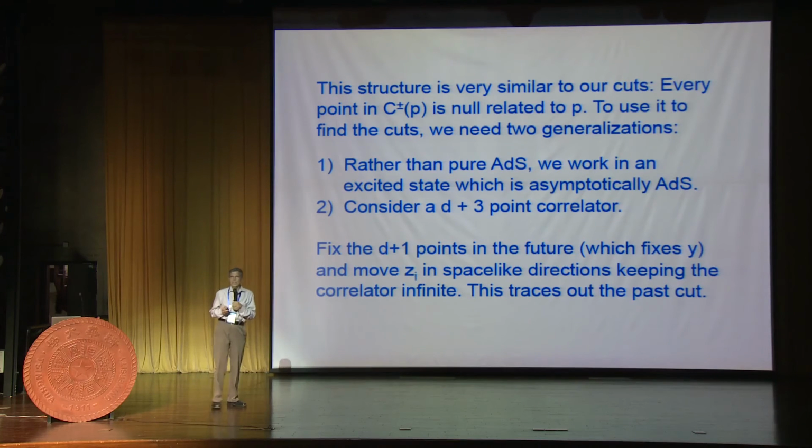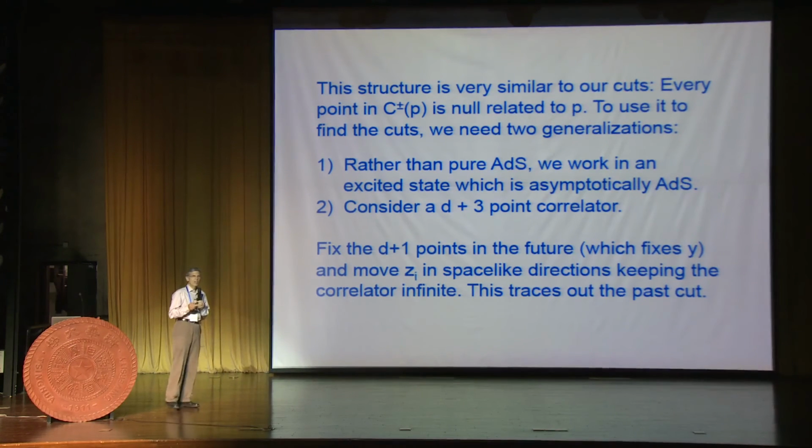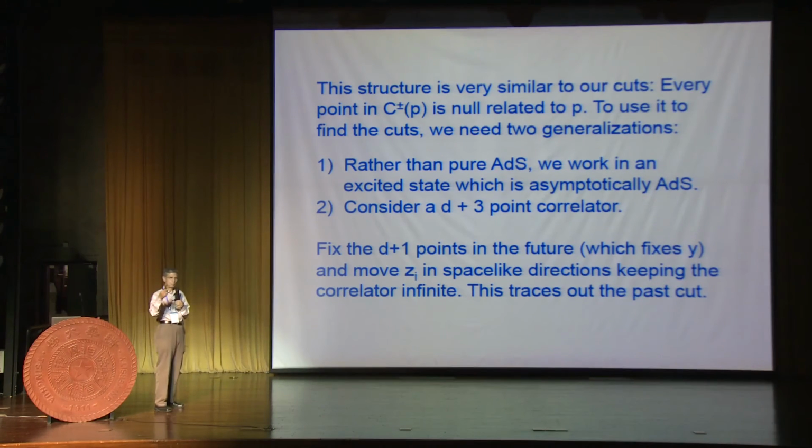There's actually an immediate advantage to doing this. In pure AdS, 2 points on the boundary can be null separated only if their time separation is less than pi. I'm setting the radius of the sphere to 1 and the AdS radius to 1. In pure AdS, light rays can go through the bulk in that same time pi. So you have to work hard to see whether your vertex can happen on the boundary or in the bulk. But the minute you go to an excited state and your space-time is not pure AdS, and provided the null energy condition is satisfied in the bulk,